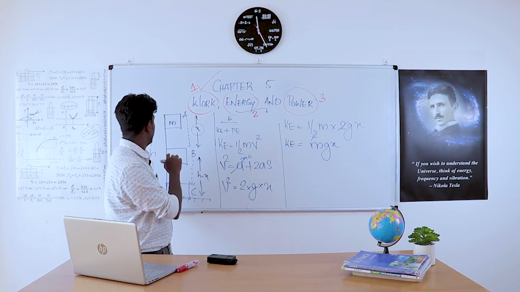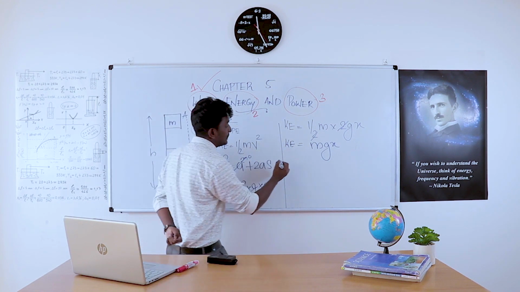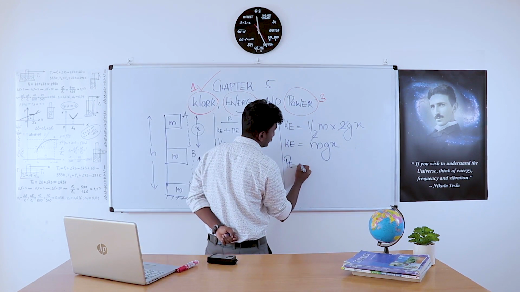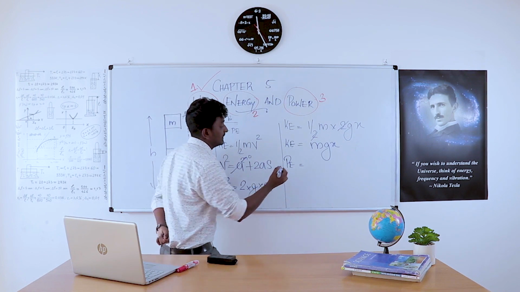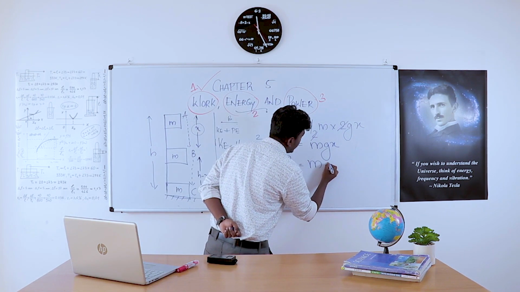Now, moving to the potential energy. Potential energy is equal to, we have the equation mgh. M remains constant,